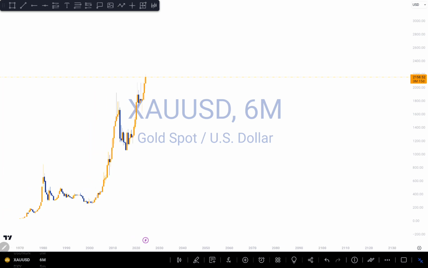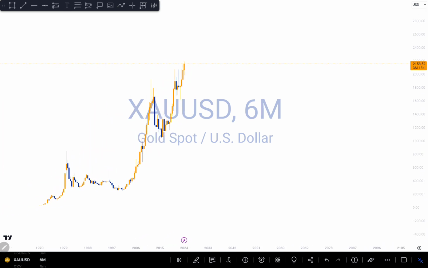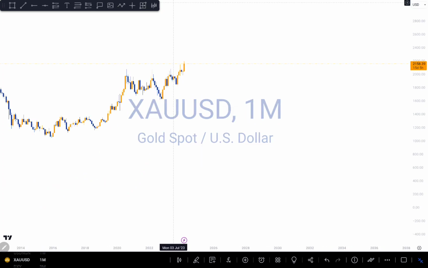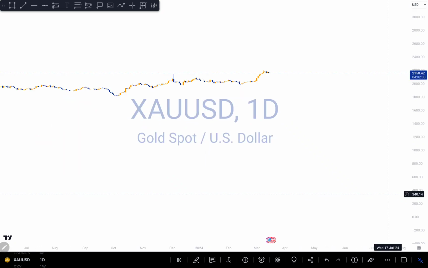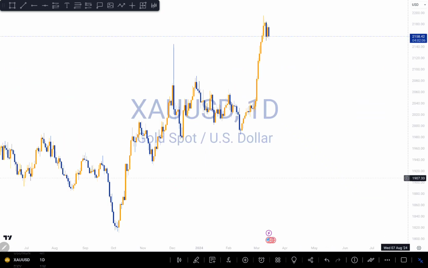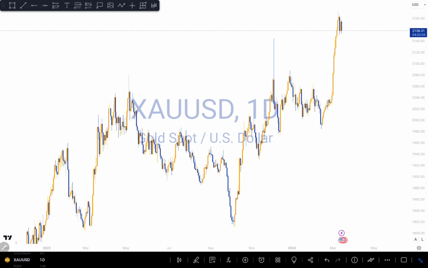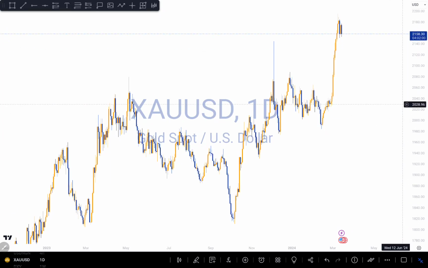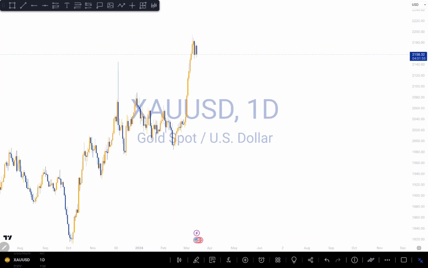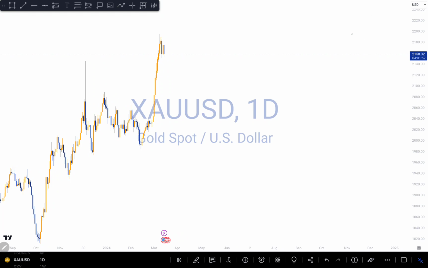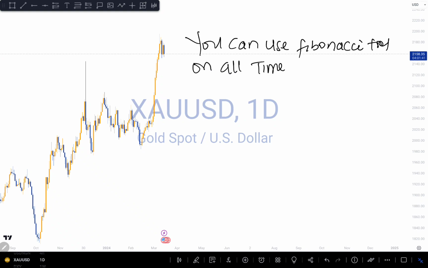So now let's see, let's use this as an example. Let me go to a smaller time frame that has more data, just for me to be able to use more data. Let's see the daily time frame. Okay, this is a good one. So this is a daily time frame, right? It doesn't matter. You can basically use Fibonacci on all time frames. Let me write that. You can use the Fibonacci tool on all time frames